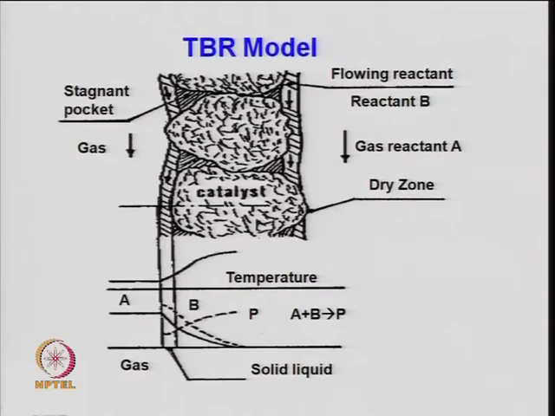So, when you do the modeling you have to look at all these properties. This is a solid material, and these are the stagnant pockets here, you can see this red, shaded portion. This is the stagnant pocket, where there is basically no reaction, a dead zone just like in a CSTR. Gas is coming down from this symmetry, this is solid. So, in the reactor, catalyst is supplied, and the gas comes like this.